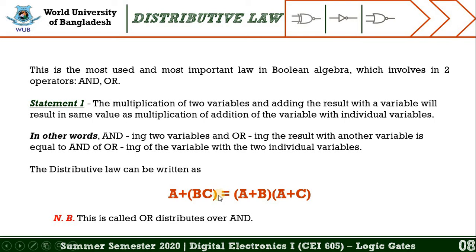The distributive law can be written as A or (B and C) is equal to (A or B), after that (A or C). This is called OR distributes over AND. So let's move into the next statement,